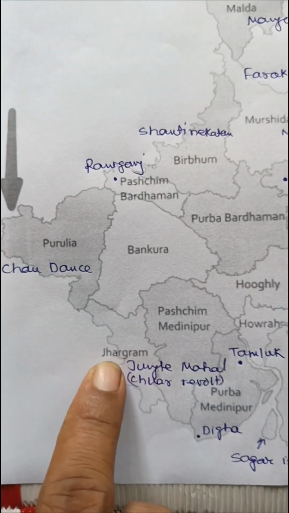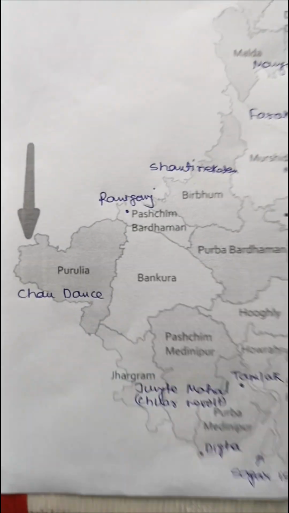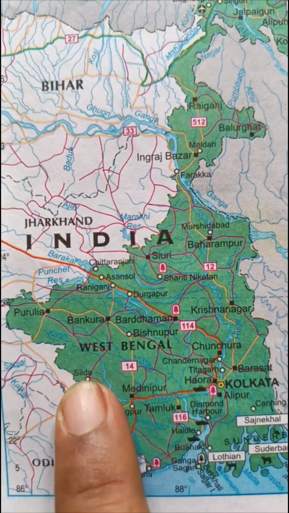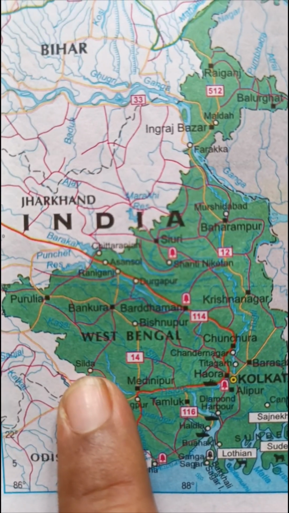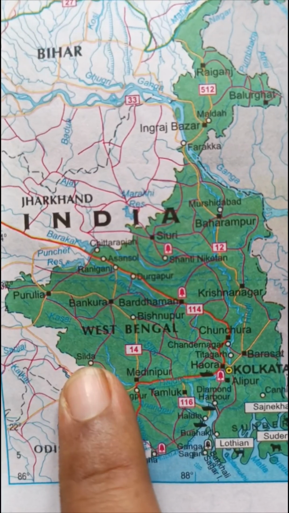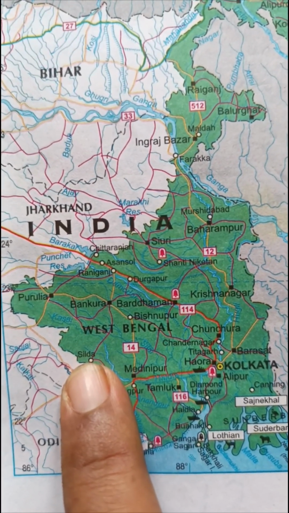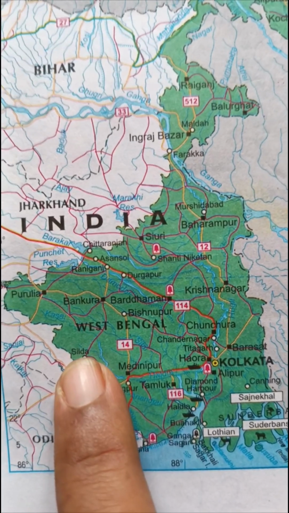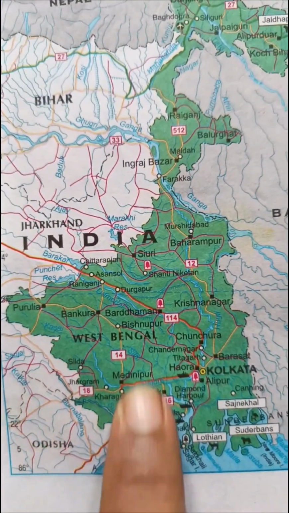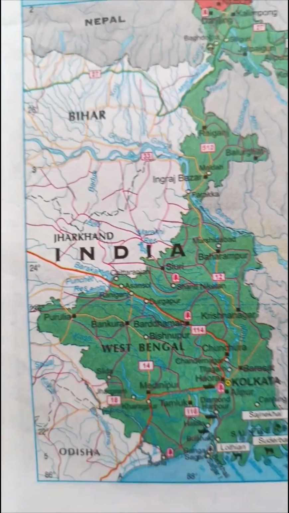And similarly, in Jharkhand, there is a place called Silda. Let us try to see in another map. Here, as you can see, it is Silda in Jharkhand. So, in Silda, there is a festival known as Silda Pata, which takes place during the month of spring, and this is also widely popular in this region of West Bengal as well as Odisha and Jharkhand.